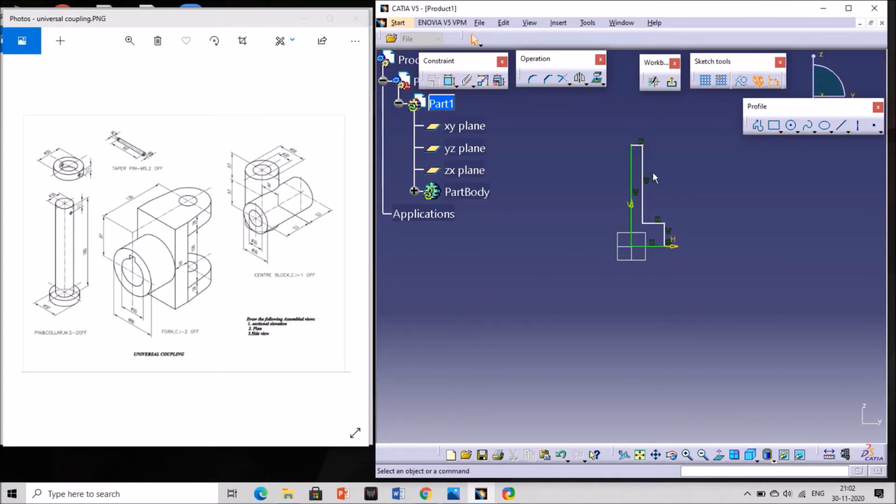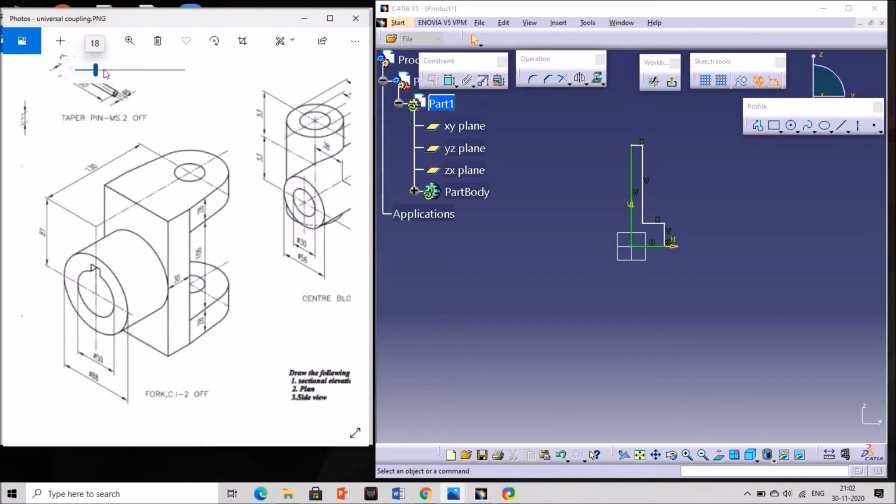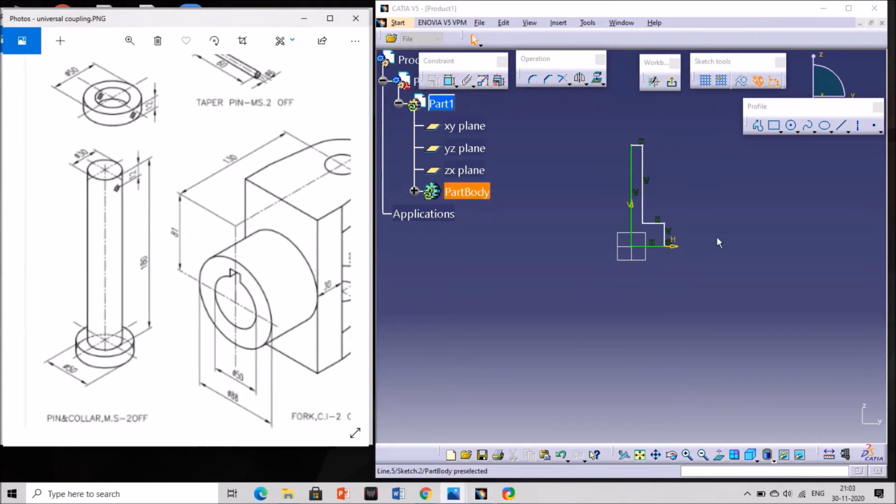To make use of the shaft option, we should draw a sectional, that is half of the portion of this collar. Okay, as we section it, it will look like this. So now I am going to give the dimensions for this. Just zoom it and go to constraint. Now give this length, okay, and this vertical distance, next this horizontal. Okay, now as per the dimensions shown here, I'm going to change it.